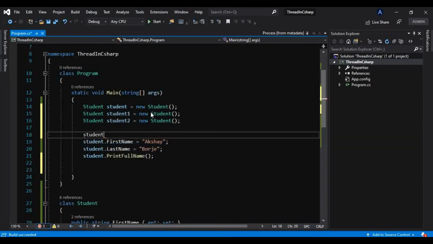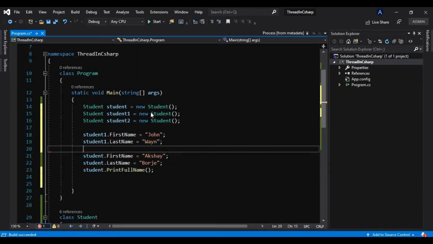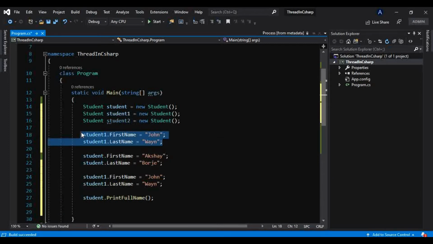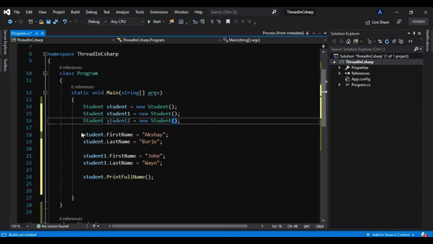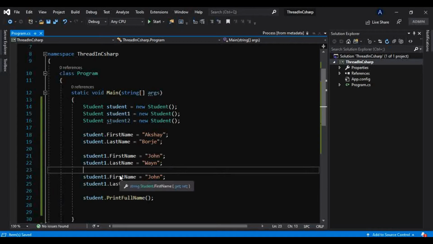Okay, and I will initialize this object as well, student1.firstName is equal to John, student1.lastName is equal to Wayne maybe, and similarly let me put that correctly in the correct order as the order of creating instances, for the sake of simplicity.